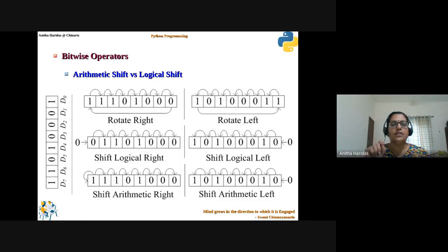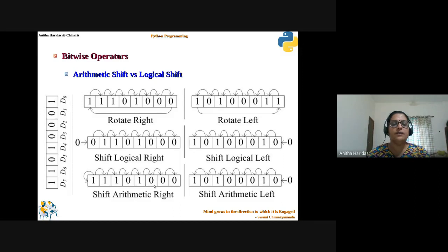because logical shift right will take only zeros for filling in, which is also known as zero fill logical right shift, whereas arithmetic shift right will take the most significant value, whether it is 0 or 1. So if it is 1, obviously it will be filling it with 1 and not 0. This is the difference that you have to understand here for the arithmetic shift and logical shift.